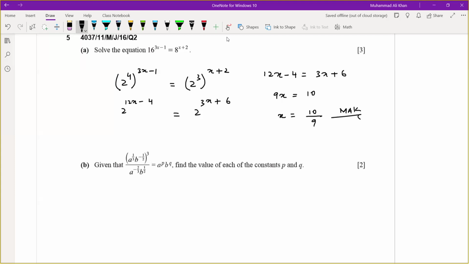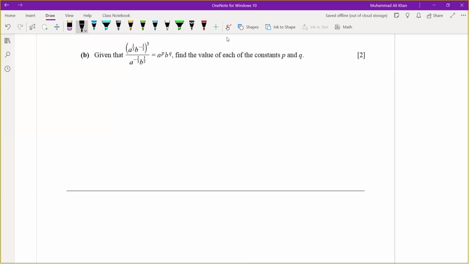Now, the next one, given that the left hand side is equal to the right hand side. Find the value of each of the constants p and q. अब जब भी इस टाइप का क्वेश्चन आएगा, हमें लेफ्ट हैंड साइड या राइट हैंड साइड जो भी अननोन होगा उसको कैलकुलेट करना है, लेफ्ट पर हो चाहे राइट पर हो। कैसे कैलकुलेट करेंगे? सबसे पहले हम इंडाइसिस की हेल्प से पावर्स को ब्रेक करेंगे तमाम वैल्यूज के ऊपर।